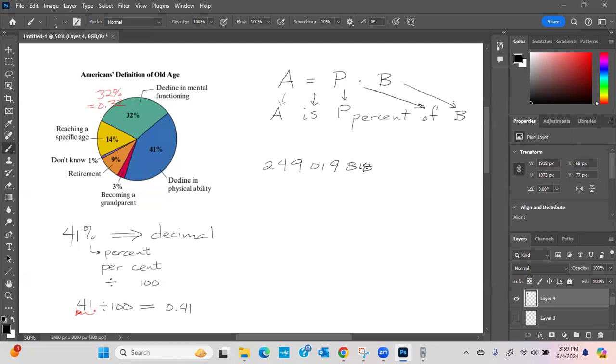And we will determine how many of those define old age by a decline in physical ability. So the decline in physical ability is here, and the corresponding percentage is 41%. So 41% of that number, 41% is 0.41, of is times the